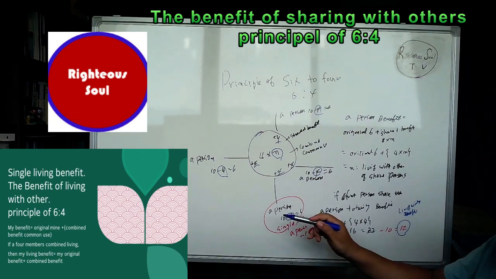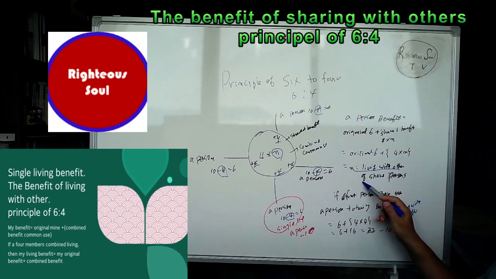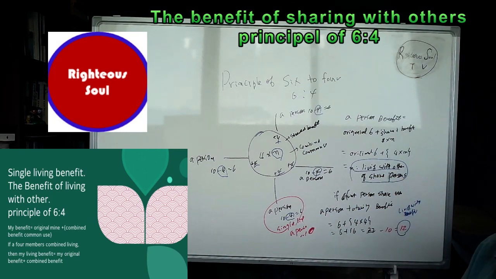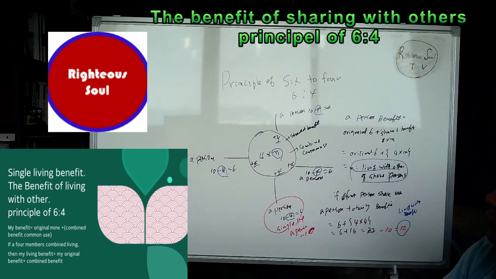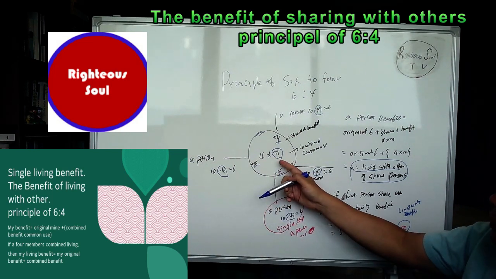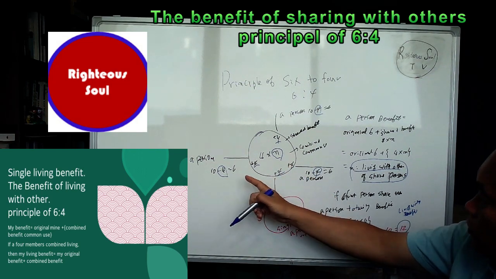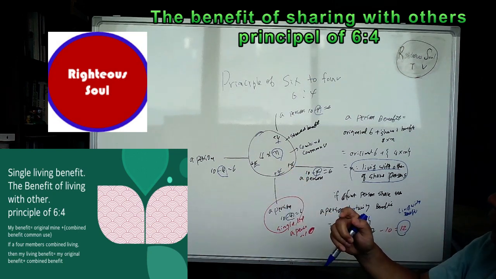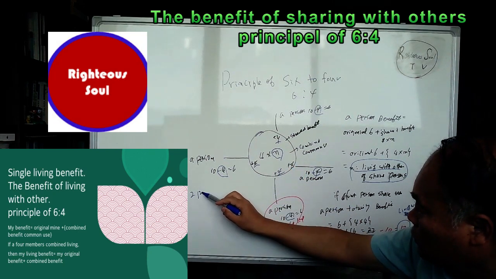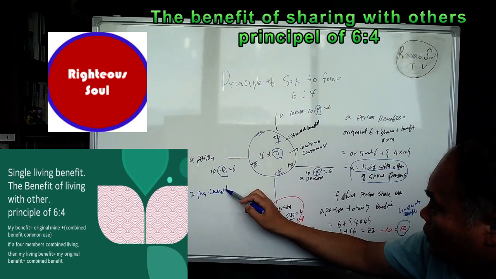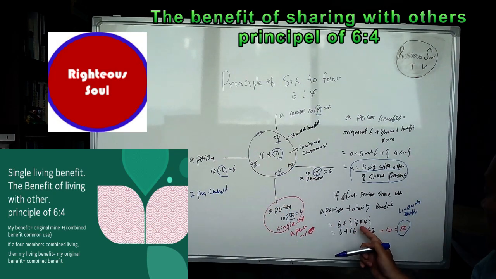What is that? N is living with other shared persons, the number of shared persons. If 4 persons, then it is 16, right? 16 benefits. If 3 persons, then 12 benefits. 10 plus 12 benefits, right? If two persons combined, then here this